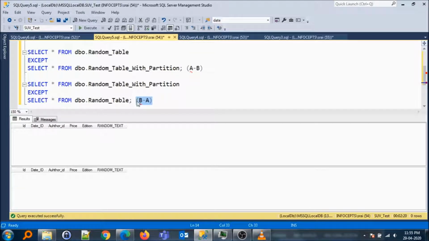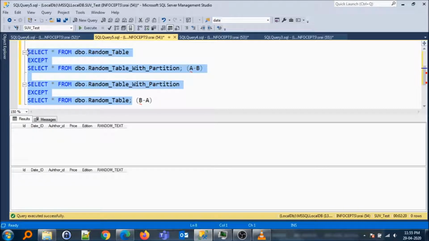If the results of both these queries do not return any records, that means that both of these tables are either blank, which is not the case since we have already verified the row counts, or the other inference is that both tables are exactly identical in terms of the data they contain, which is what we are observing here, since both result sets return no rows.